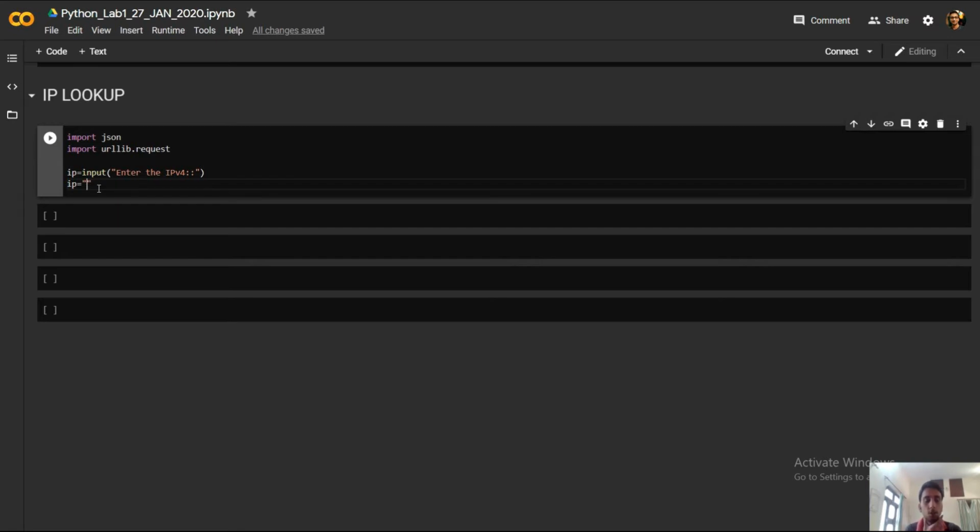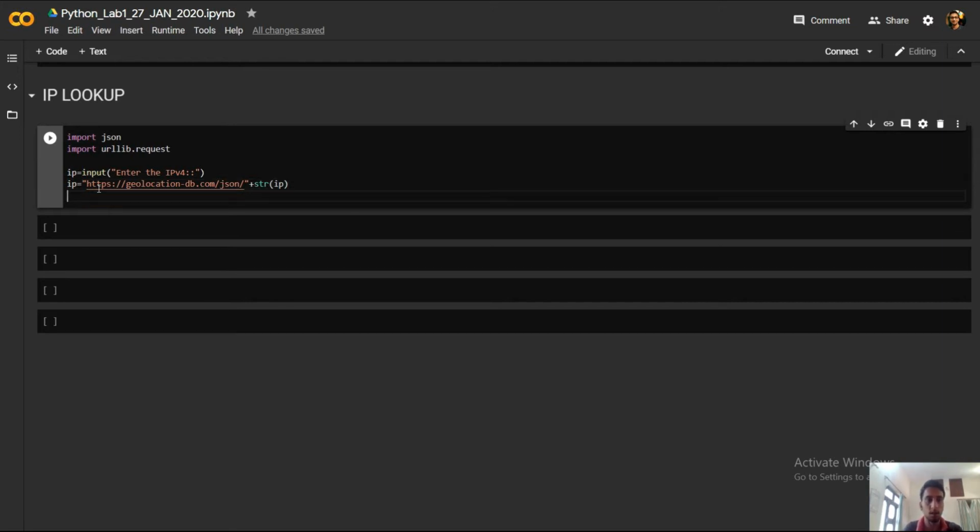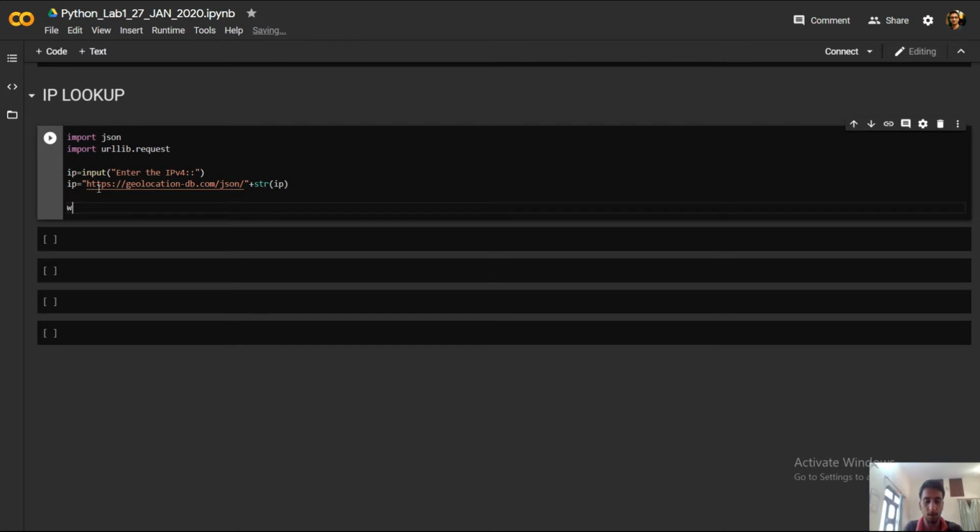The URL is https geolocation-db.com/json/, and then we will add the IP address over here. So finally we have added the IP address here.